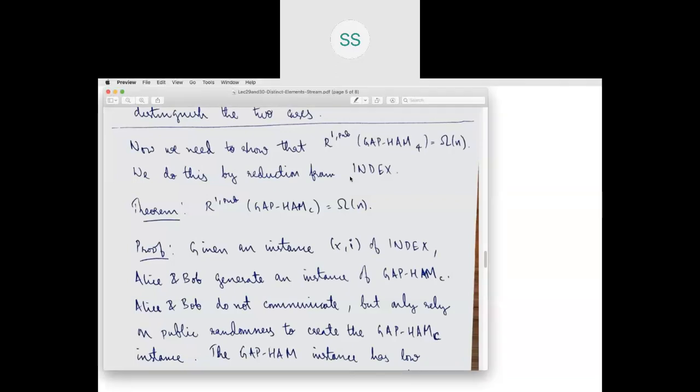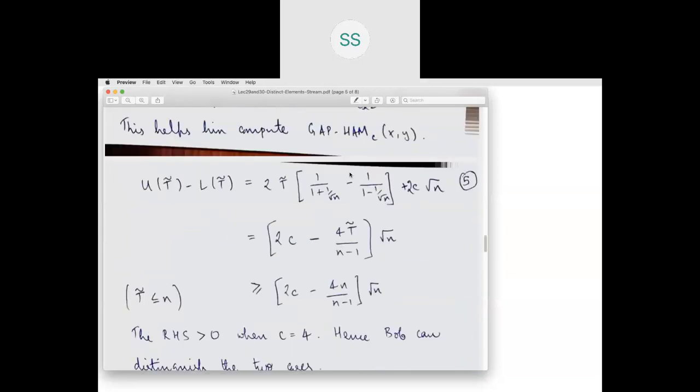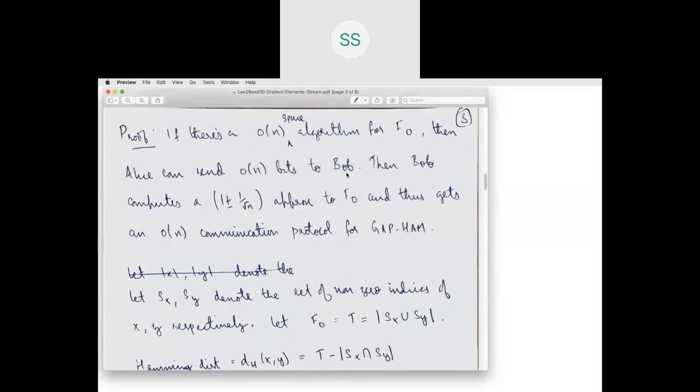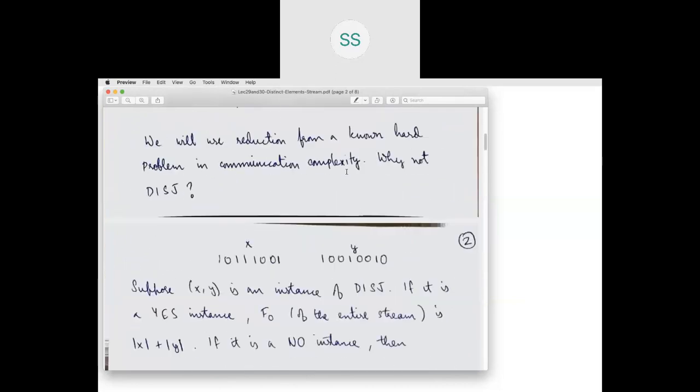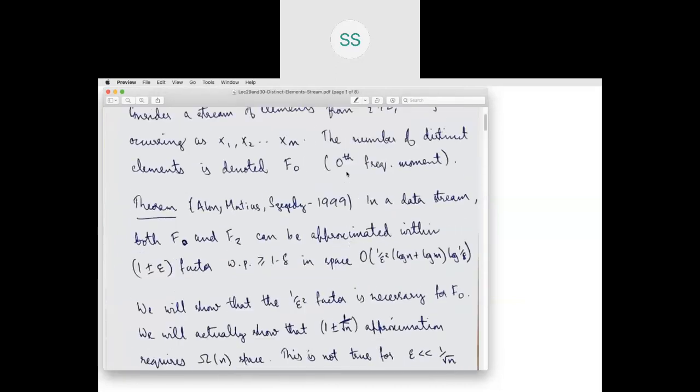Okay, hello everybody. In the previous lecture, we started towards showing that the computation of f0, the zeroth frequency moment, in other words the number of distinct elements, for approximate computation, the approximation being when it is approximated to a factor of 1 plus minus epsilon, requires